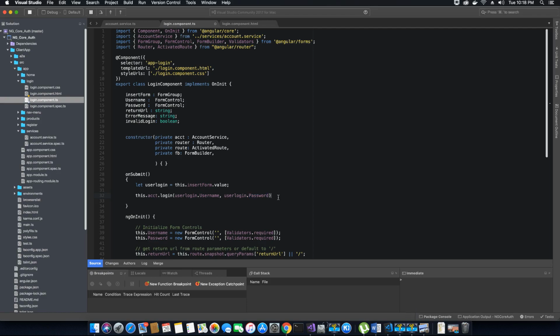After that, since our login method is returning an observable, after we have called the login method, as we all know, the login method is going to return a result. Now the result is basically an object. We are not going to get a single object, it's a collection of objects. So what we need to do is call the